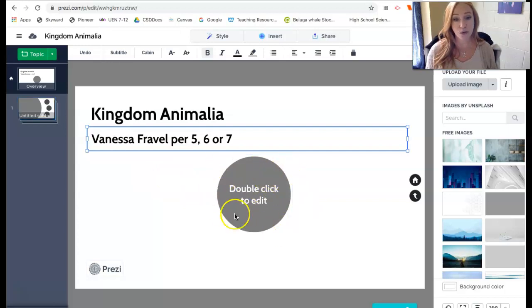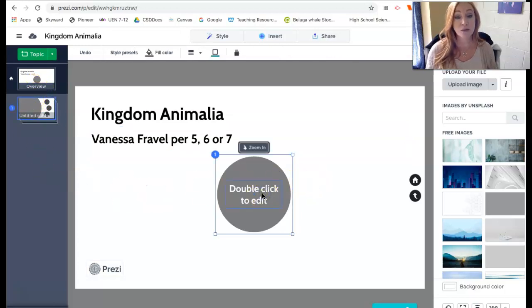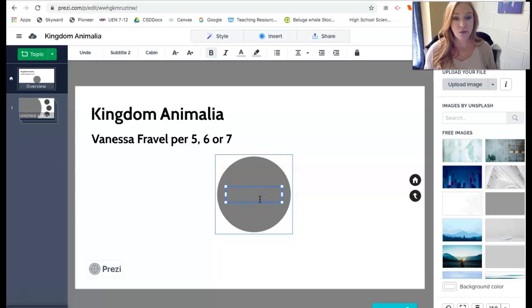Now we need to work on your first topic. Again, you can work directly on the overview or you can work in the deck. From the overview, the first thing you need to do is give it an overview title for each topic. So you want to click where it says double click to edit. Just click it so that that text box is outlined, and then you're going to type